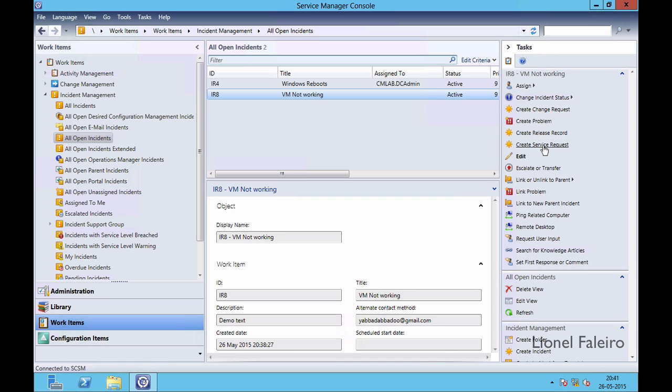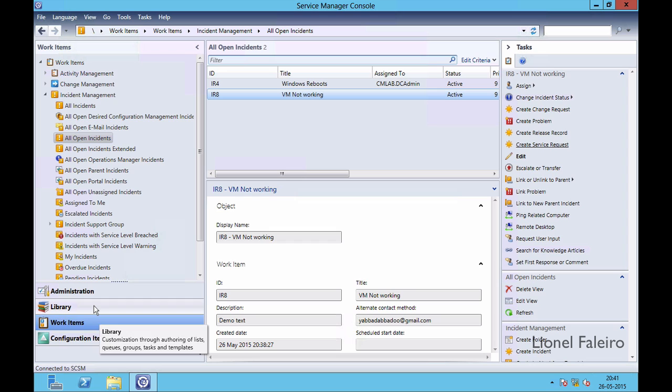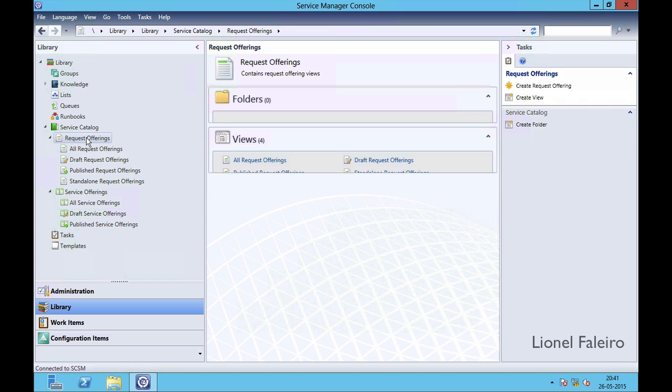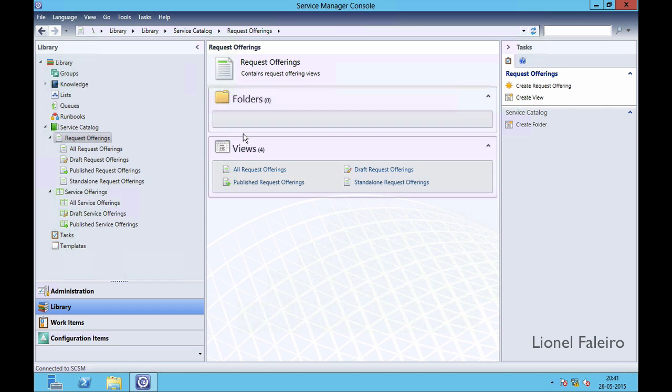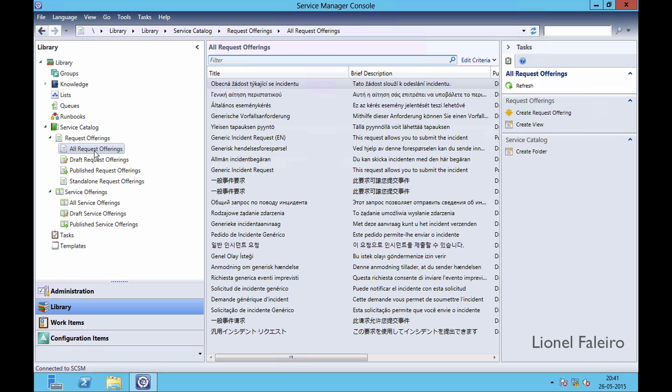Now when you're creating a service request, I need to have a template for the request offering. Currently I don't have any templates created, so what I can do is go into library, and you see where your service catalog is. If you click on request offerings, currently there's no request offering, but I believe there are some service offerings pre-created. No, not here. So what I'll do is go into all request offerings,